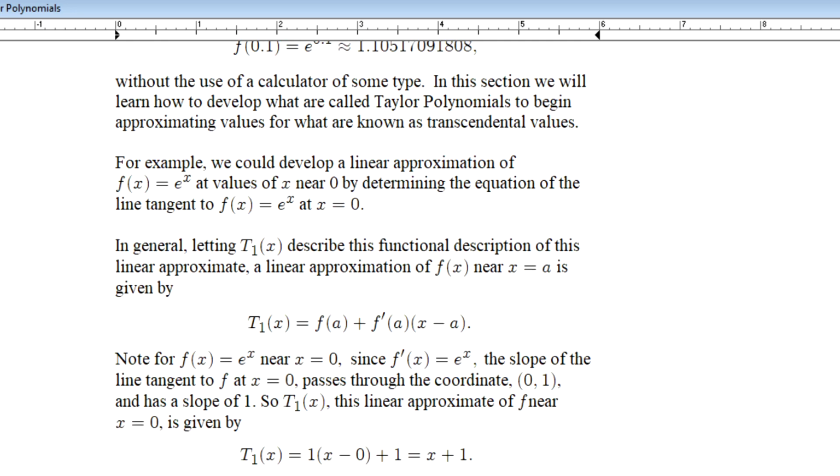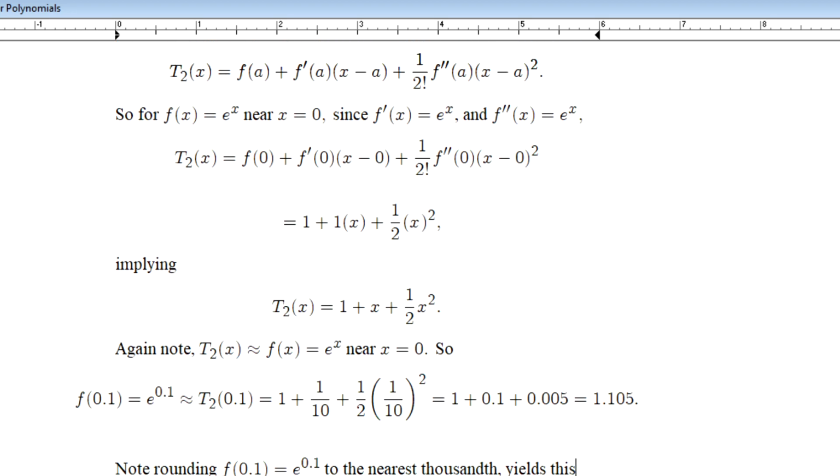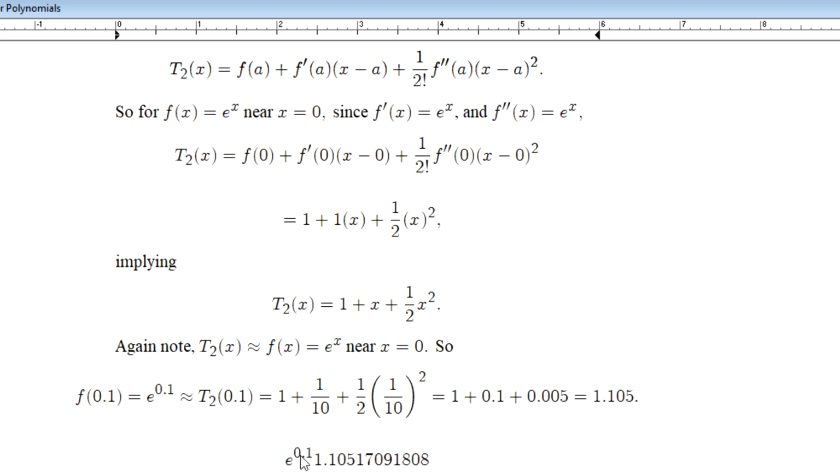If we go back up to the true value of e, and I just copy and paste this down here for the moment, the true value of e is certainly irrational, folks. But if we bring down its comparison here, e to the 0.1 in our calculator gives us approximately this in value. And you can see with just a little bit of calculus, we have that approximation accurate out to the nearest thousandth. In fact, if we would round this up,